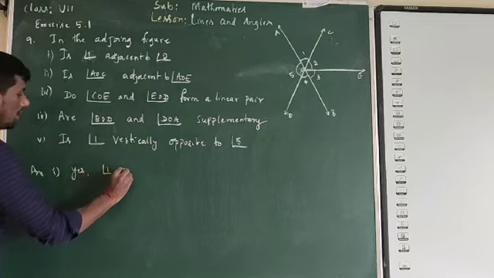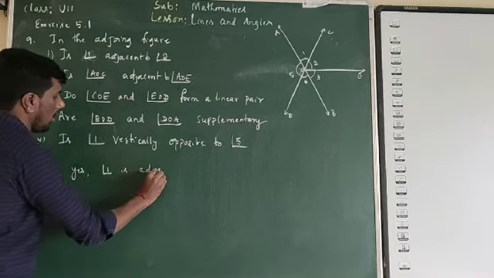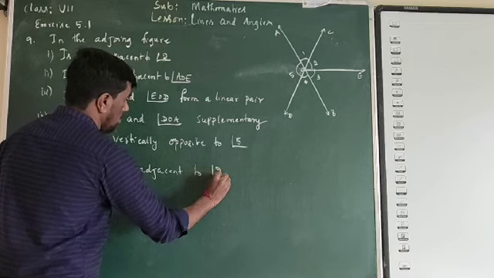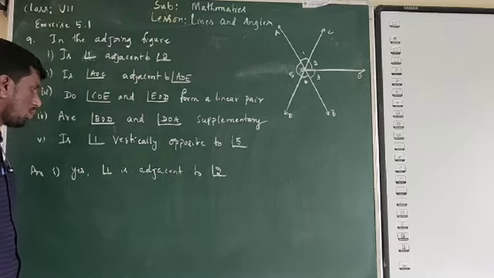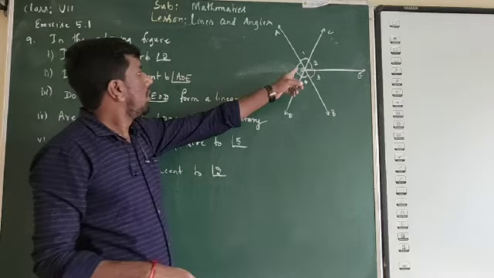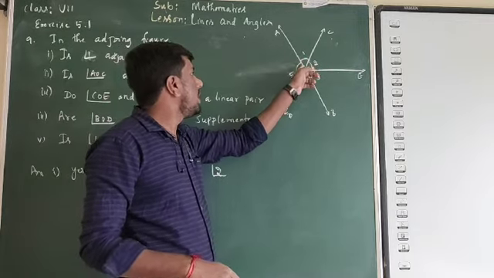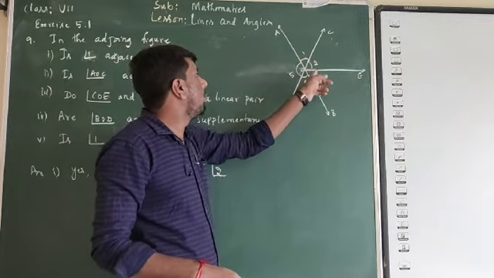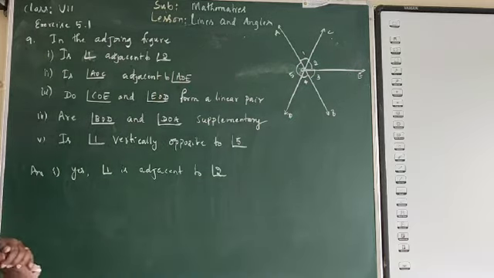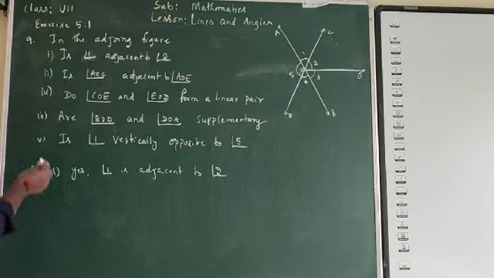Angle 1 is adjacent to angle 2. Okay, that is true, because it has a common arm OC. O is the common point. OA and OE are the non-common arms that lie on either side of the common arm. Okay, so the remaining questions will be the homework for you. You should say whether it is yes